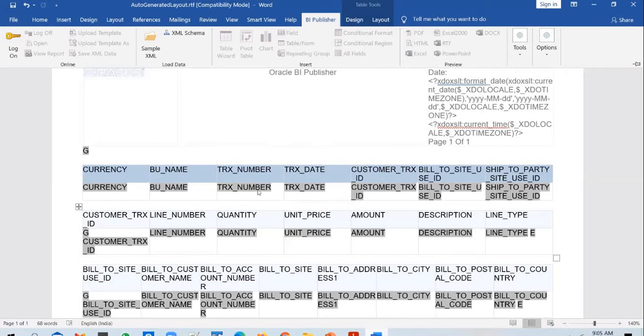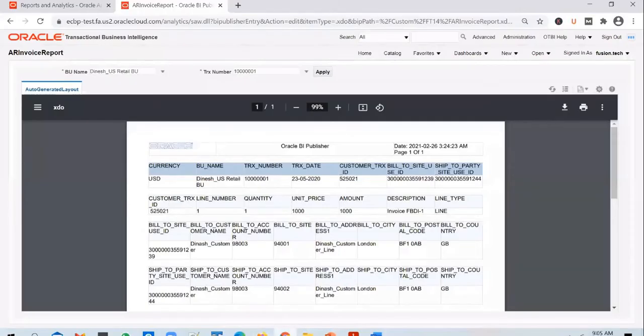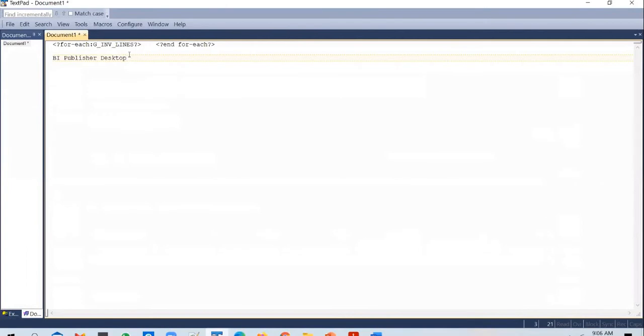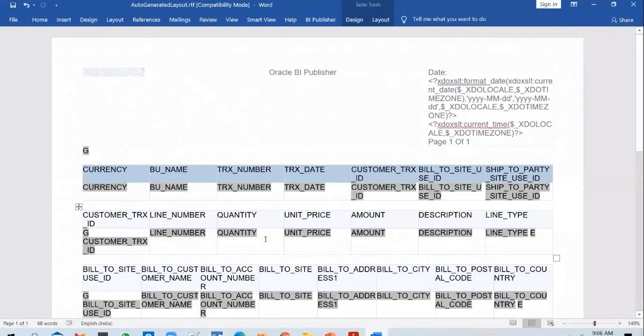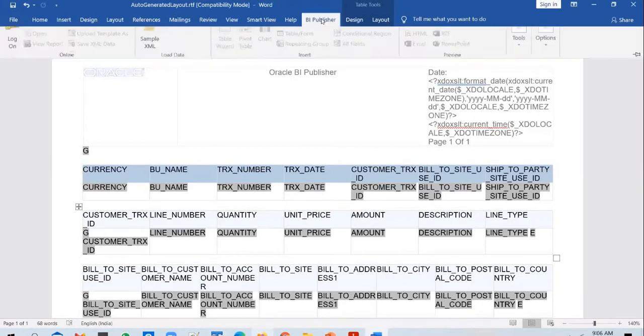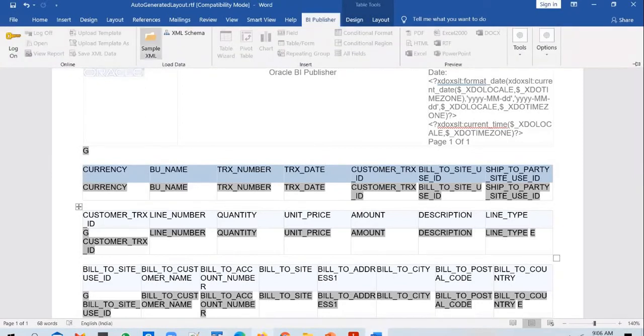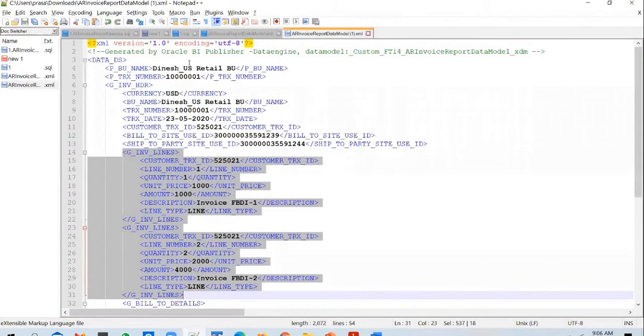If you don't have this, even for a small change that you make, if you want to see how the output looks, you will have to upload the RTF document to the report layout. If you have time and patience to do that, and you are okay to see each and every change in the application itself, you don't need to install BI Publisher Desktop. But if you want to save some time, or explore how the output is going to look from within the RTF document, without uploading the layout to the application, you can do it with the help of BI Publisher Desktop software. I have this software installed, and I go to sample XML, and let me save this.